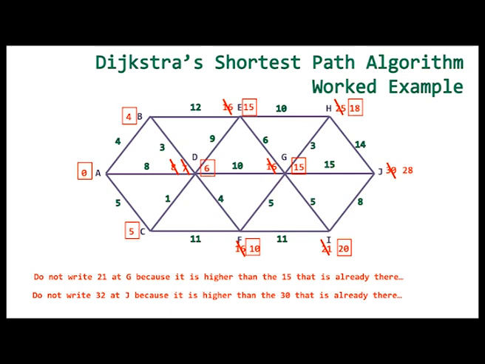So the shortest path has the lowest weighting. It's going to cost us 28 to get there. That is the lowest we can do. So what we do now is we work backwards to find out what the journey would have been. So the journey would have been